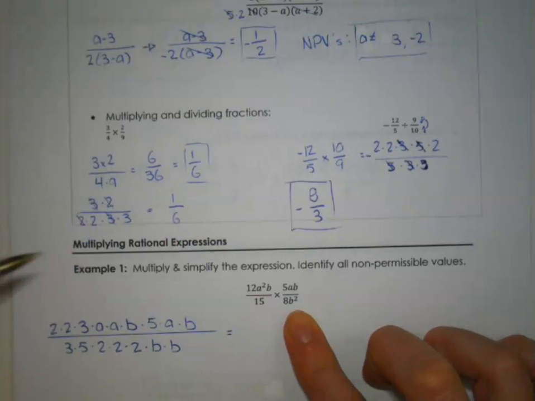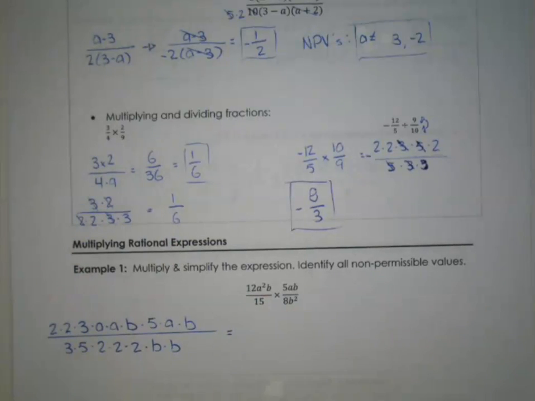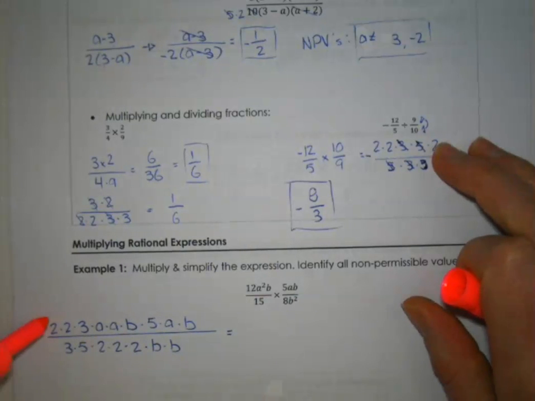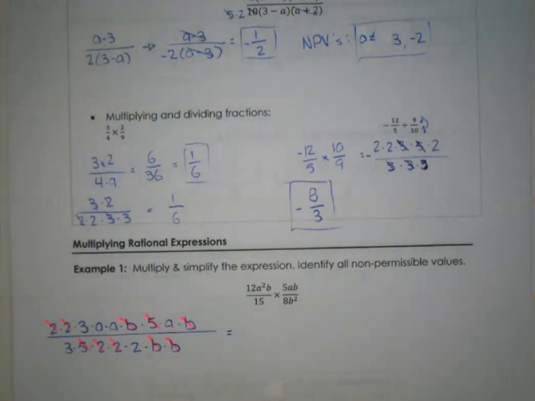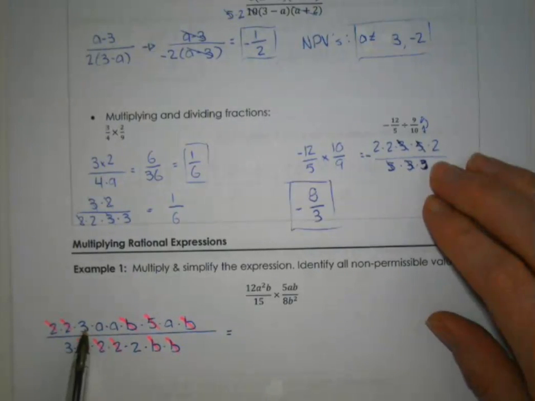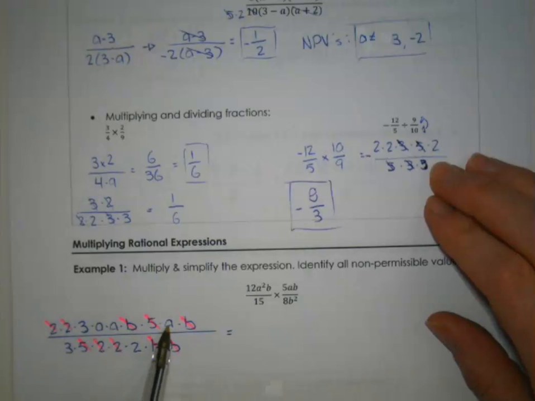Okay, so now we would want to go through and cancel out our like terms. So we have a 2 here and a 2 there, 2 here, 2 there. We have a 5 and a 5. We have a's on the top but no a's on the bottom. We have a b and a b, b and a b. So what we're left with is 3 times a times a times a. So that's,